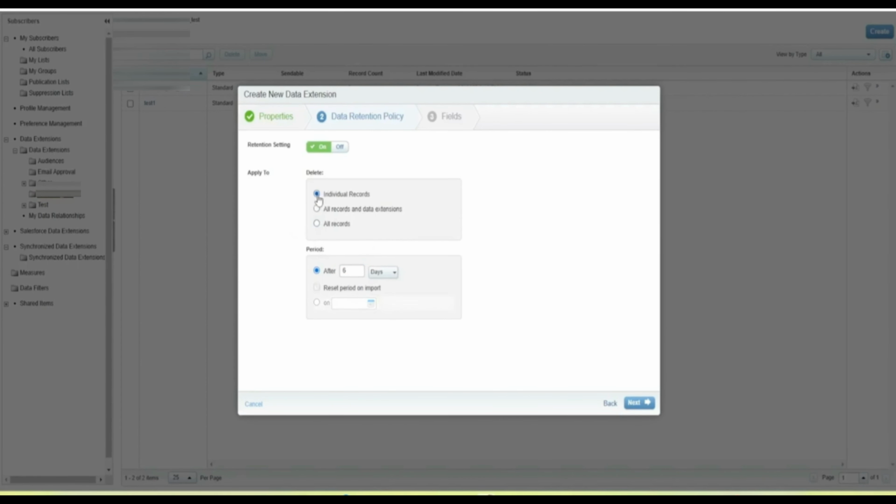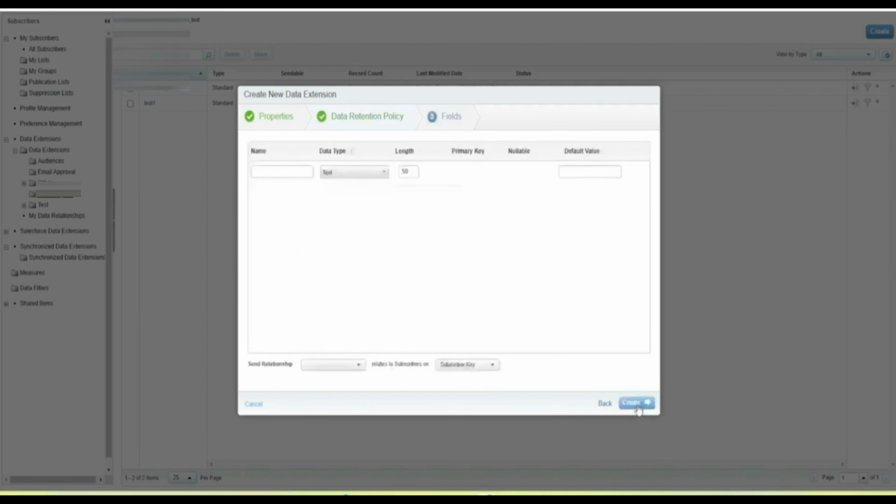So I am selecting individual records and the period is, let's say, 6 days. I will keep this off. It was only for the demonstration, and click next. Here in this section there are some details which I will have to fill. For the name, I am going to type the customer ID,